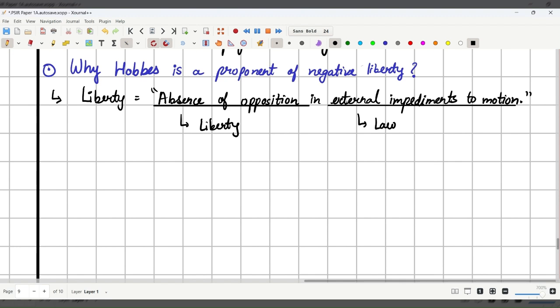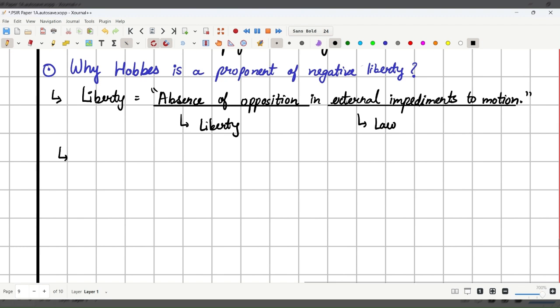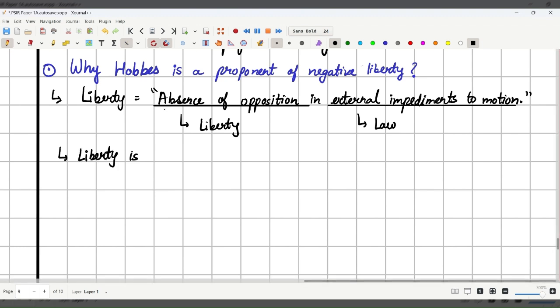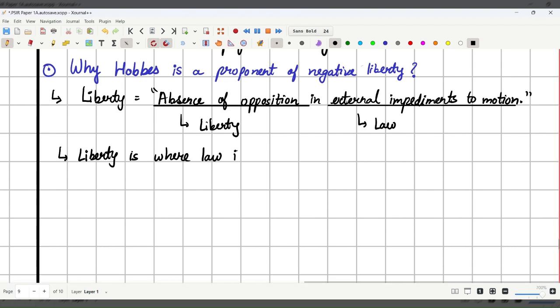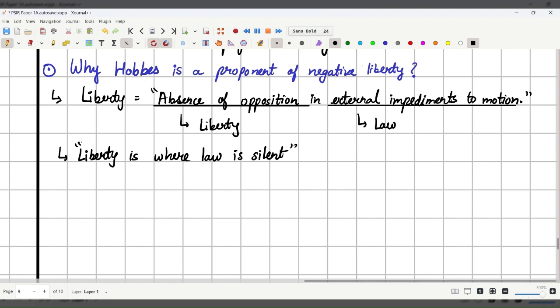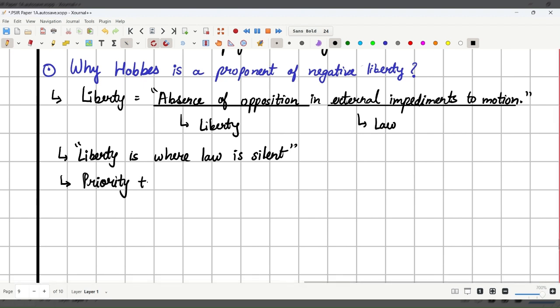Then Hobbes gives another concept that liberty is where law is silent, okay. For Hobbes, an individual has the freedom to act only in those spheres where the sovereign has not seen fit to create a law, okay. Once a law is enacted, it acts as an external impediment, okay. Then Hobbes basically gives priority to security over liberty,